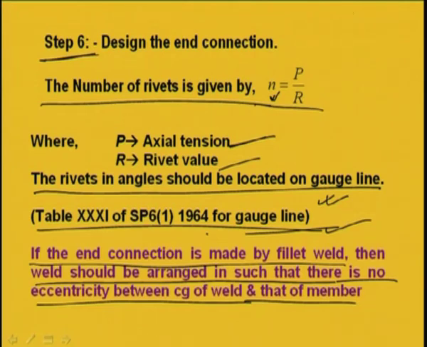It is very important. In case of welding member, we have to ensure that the CG of the weld and the CG of the force acting should match, otherwise eccentricity will occur, and because of that eccentricity the joint will again come into picture due to the moment, which has to be redesigned again. So in weld design we have to ensure that the CG of the weld and the line of action of the force should coincide.